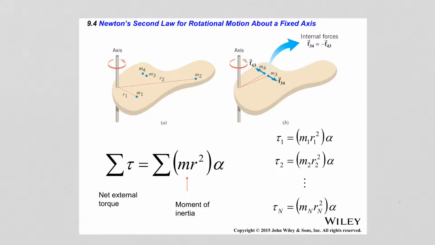Remember that this rigid body rotates as a rigid body, meaning all the positions of the particles are fixed. They do not move within the body as it rotates. So therefore, all of these particles will have to cover the same angle for the same amount of time during the rotation. Therefore, they all have the same angular acceleration. So if I sum all of these terms, what I get is the net torque will be equal to the sum of all moments of inertia, which we just called the moment of inertia of the rigid body, times the angular acceleration